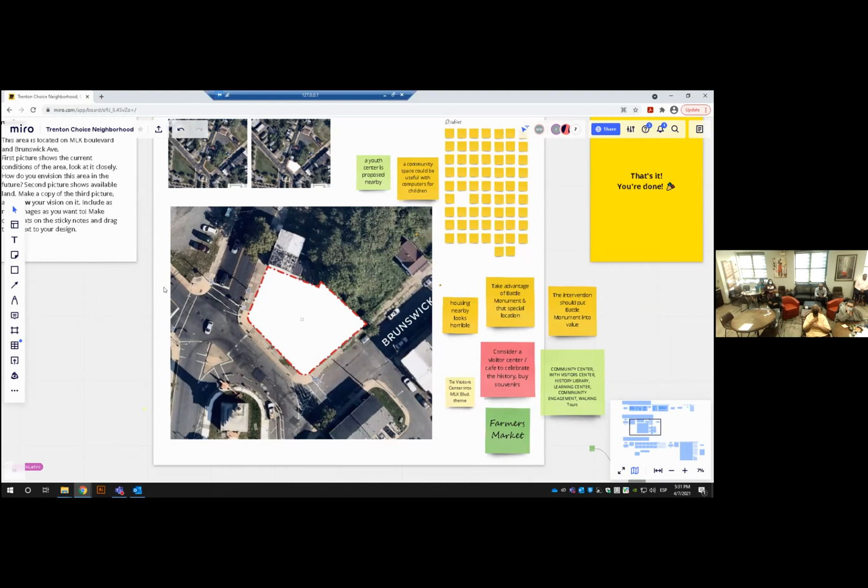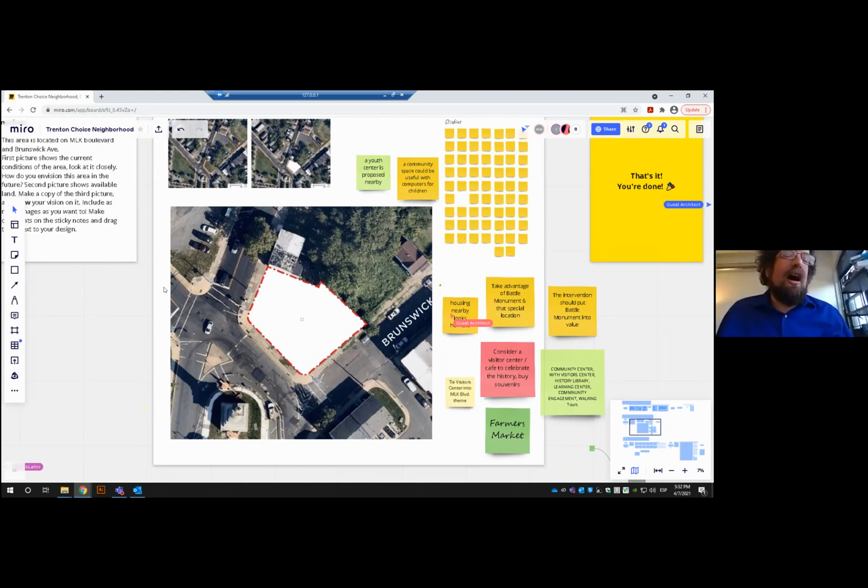I want to ask a question, Michael. If we're looking at it as a developer, if you're asking us to look at it as a developer and how a developer looks at it, wouldn't they look at the zoning for it, the setbacks, the surrounding neighborhood, the parking requirements? So we don't have any information to make a really informed decision about what we would want there, because we don't have the parameters to determine what's capable. They certainly wouldn't be talking about a park.